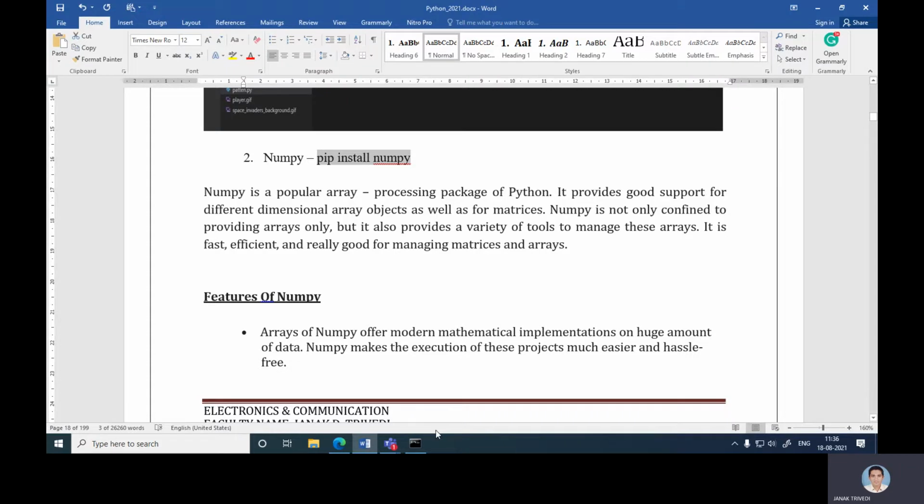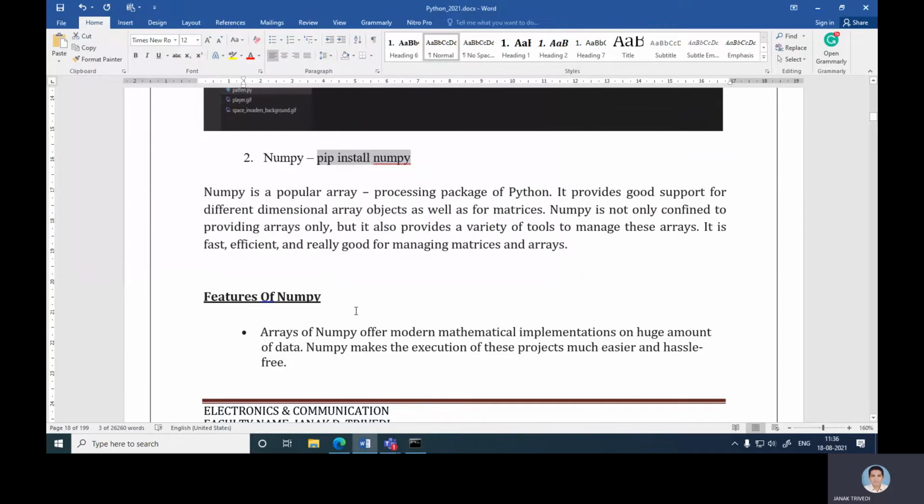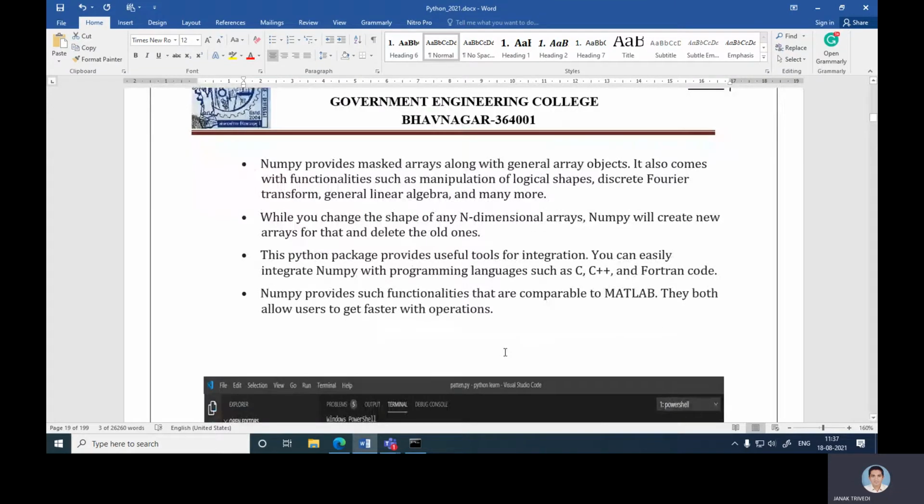So just go to the command prompt and try to install NumPy. If it is there, then it replies requirement already satisfied. Okay. So the feature of NumPy is that it offers a modern mathematical implementation of a huge amount of data. NumPy makes the execution of this project much easier and hassle-free. Then NumPy provides masked arrays along with the general array object. It also comes with functionality such as manipulation of logical shape, discrete Fourier transform, general linear algebra, and many